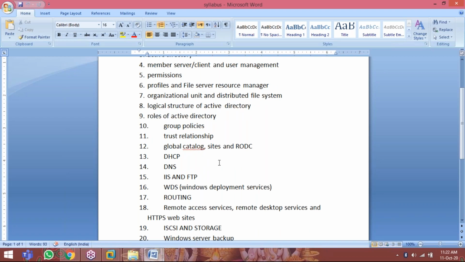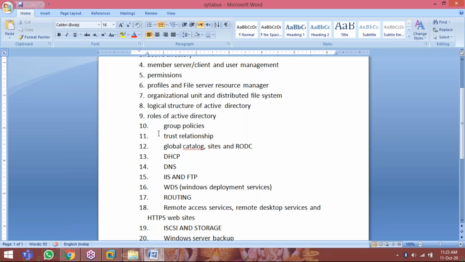For example, tata.com and idea.com. Both are going to start a business together. Tata is a different domain, idea is a different domain. So you can make a trusted relationship between the domains. For example, as a Gmail account holder, I am able to send a mail to Yahoo. Yahoo is a different domain, Gmail is a different domain. Within the Gmail domain we can send, but we also send to Yahoo, Rediff and Hotmail, and Yahoo people also send mails to other domains, because of the trusted relationship between the domains.